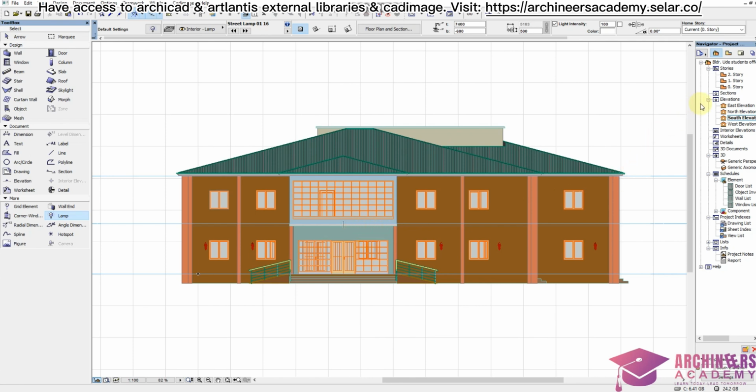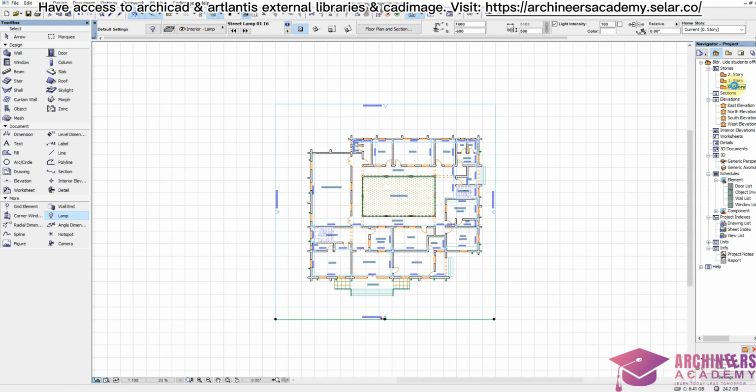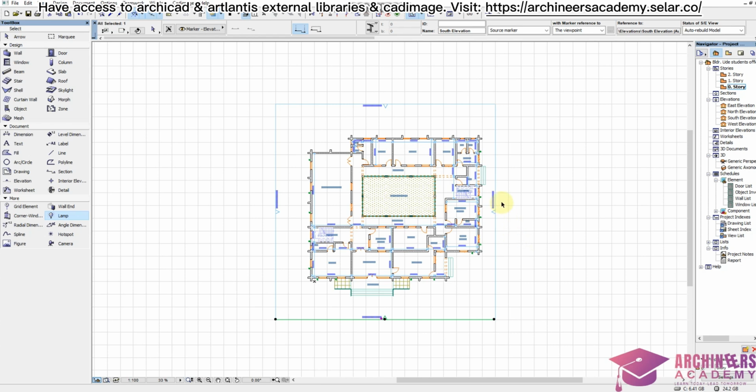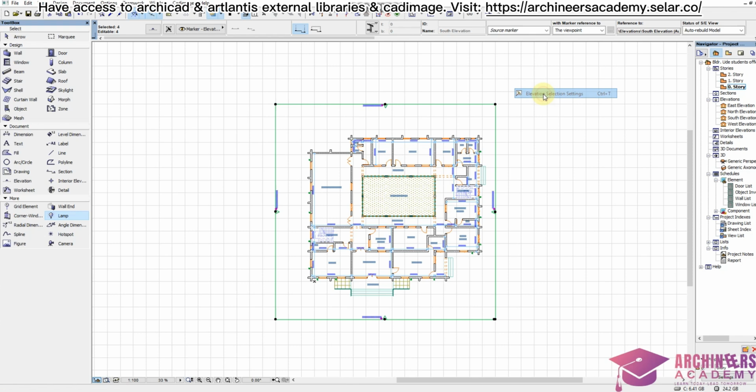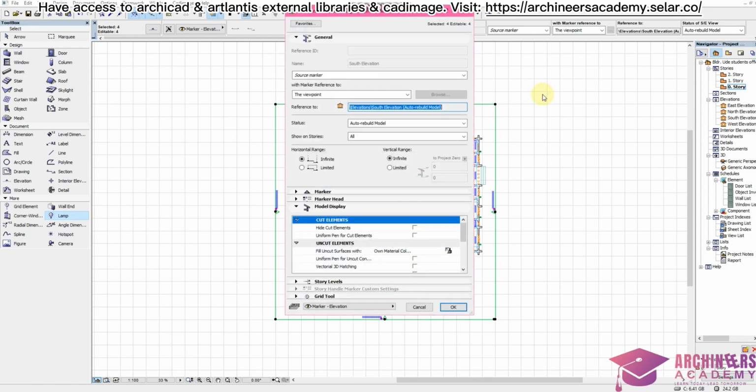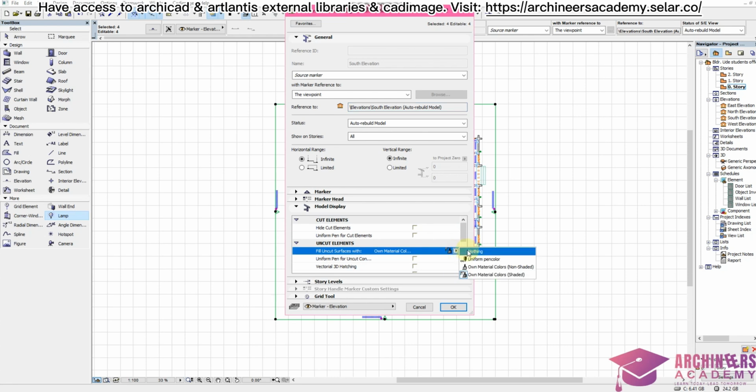So for you to produce very wonderful elevations, you must make sure that you follow this step correctly. So we're going to highlight all the elevations. After highlighting all the elevations, you right click on elevation selection setting. After clicking on the elevation selection setting, you come over to here, which is fill on cut surface width. Once you click it, you see this,